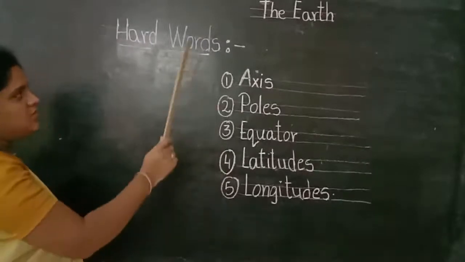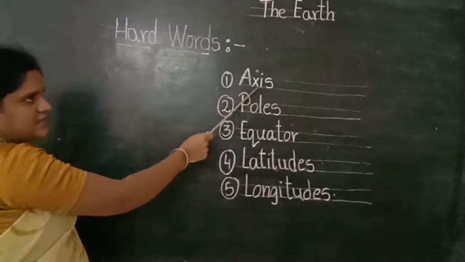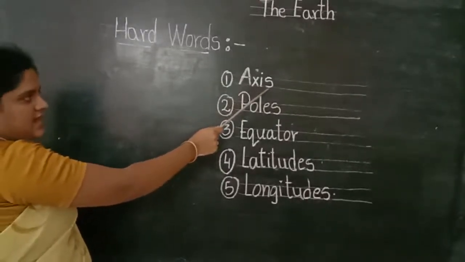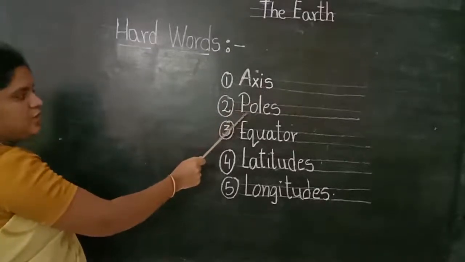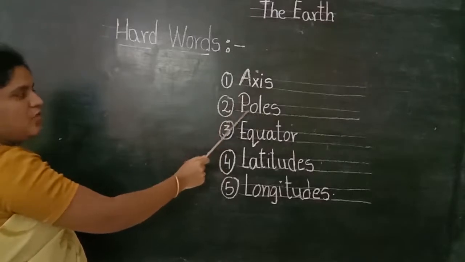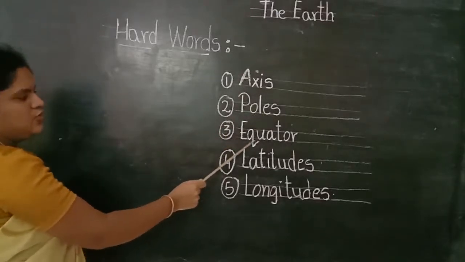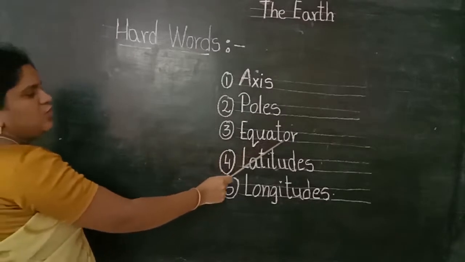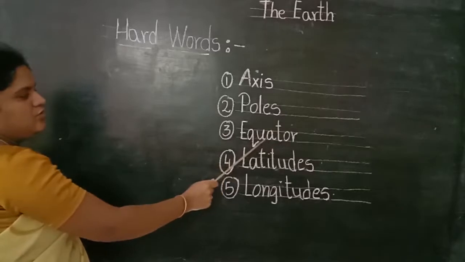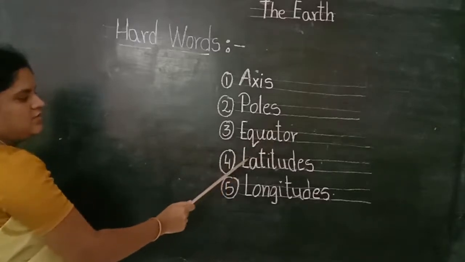Okay, children, what is the first one? A-X-I-S, axis. Second one, P-O-L-E-S, poles. Third one, E-Q-U-A-T-O-R, equator. Fourth one,